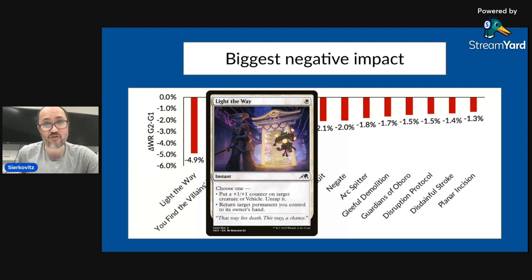So maybe the drop in the win rate of this card is linked to the decreased win rate of the games when it was also played in game 1 and the opponent saw it and played around it, because this looks like one of those cards where the game 2 win rate is going to drop slightly. This is something